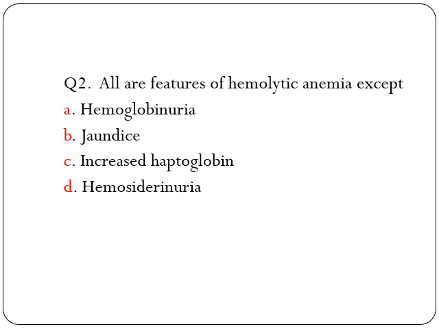So, hemoglobinuria will be there in a case of hemolytic anemia, jaundice will be present, and as I discussed, whenever there is hemolysis, more RBCs are destroyed and hemoglobin is released that will bind to haptoglobin. As a result, the level of haptoglobin should be decreased, but it is given here as increased. So my right answer will be increased haptoglobin, and the proper finding in this condition should be decreased haptoglobin. So this was the answer of the question.